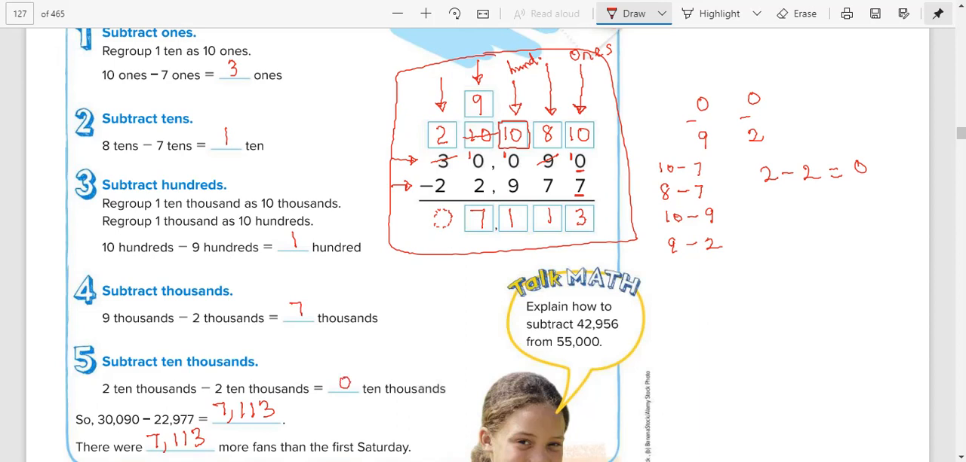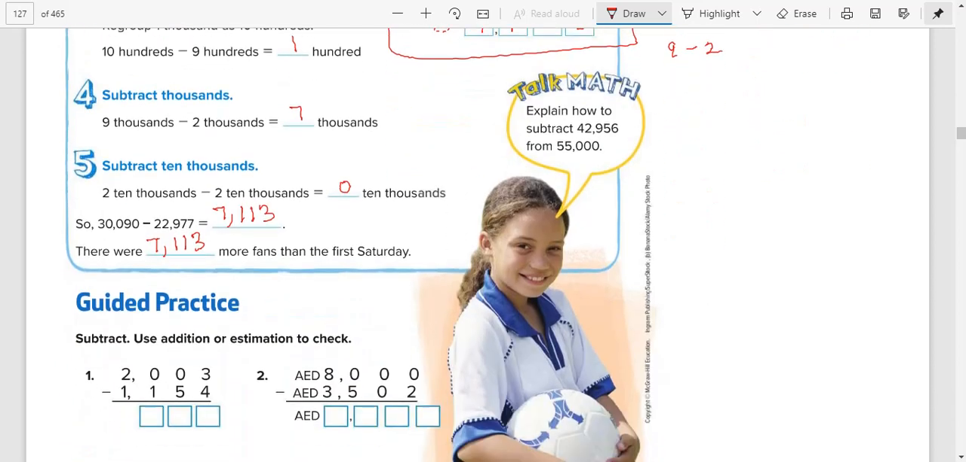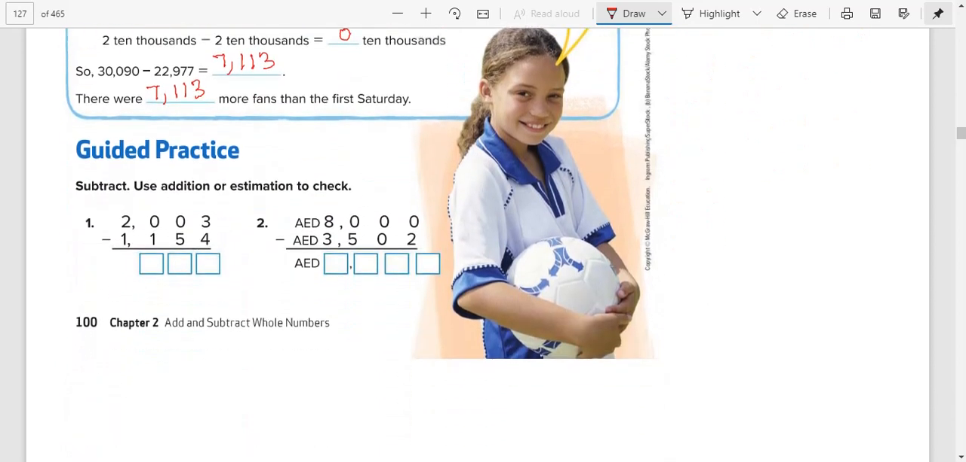Alright, so this is what we've learned today, and quickly you can try this out. Guided practice. Look at number 1. I'm just going to do number 1 for you and confirm if your answer is correct. Pause the video and try it. So for number 1, I'm going to do it straight this time around. Let's start with the first